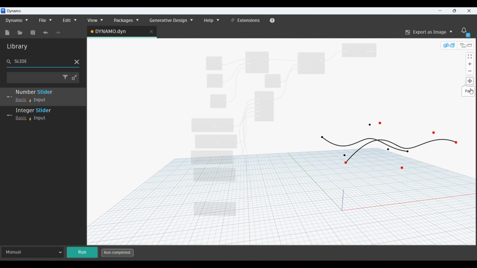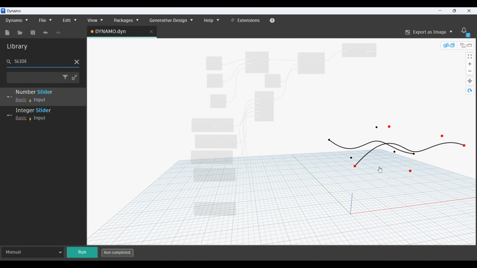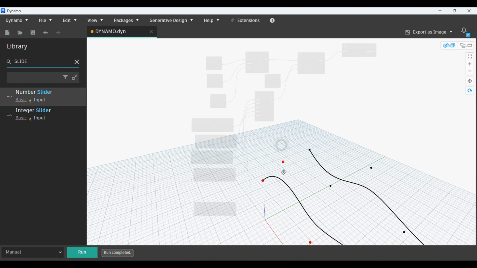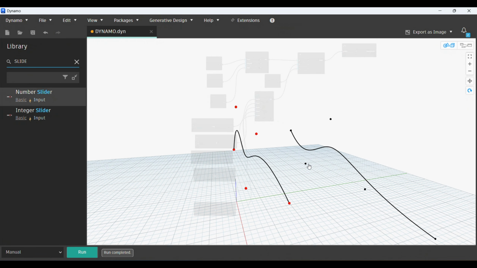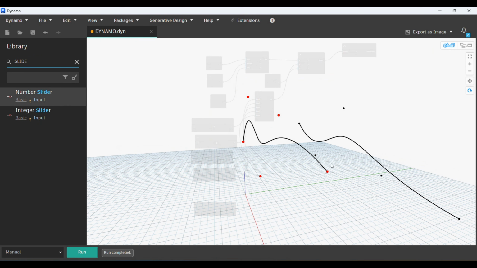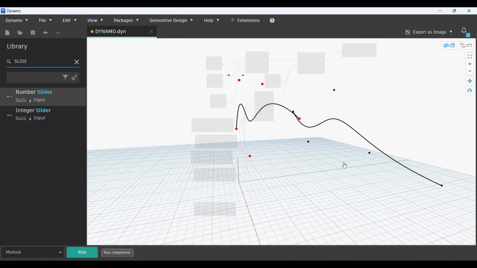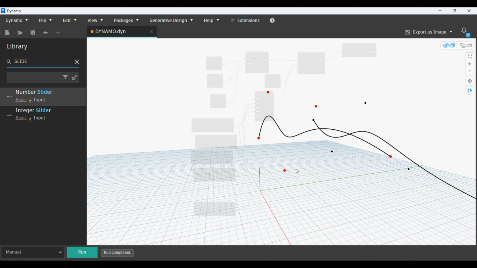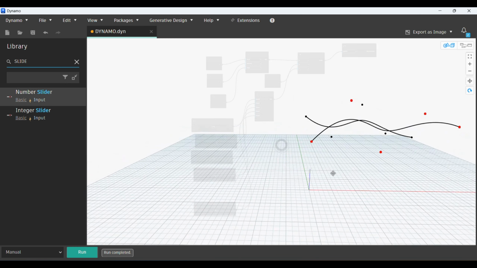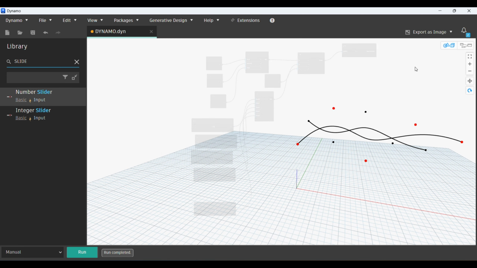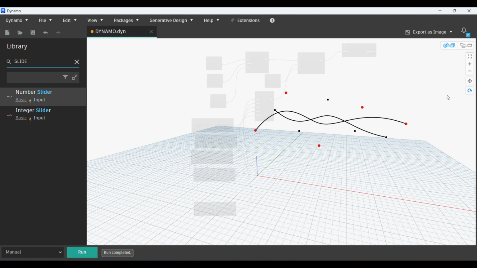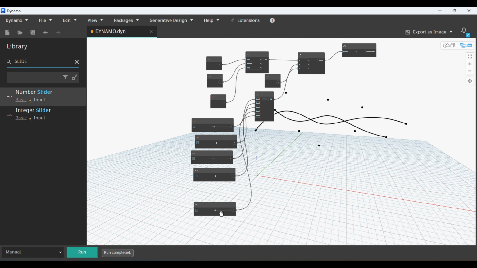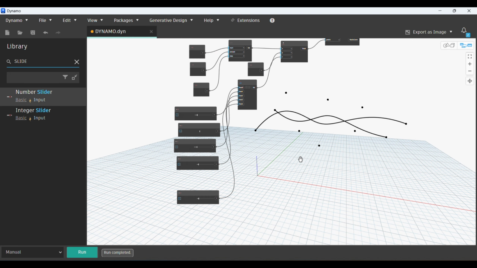You can move, pan it, you can orbit it. Maybe that point is too low, guys. Okay, so looks sort of all right,